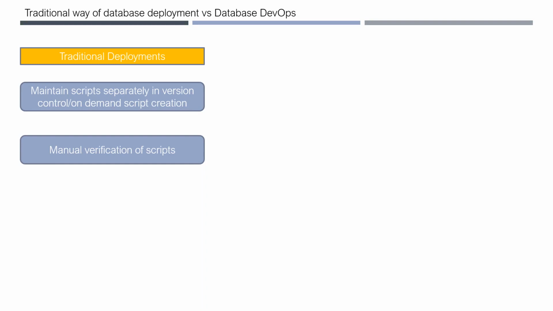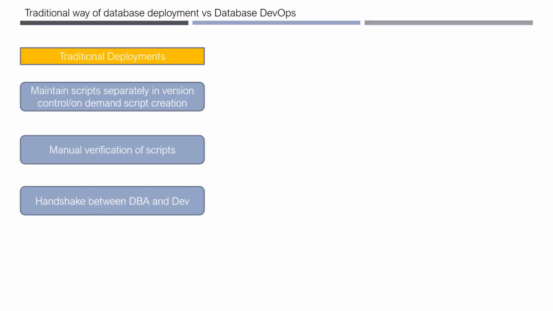Okay, these are the scripts. These are the objects that I have in my dev environment, and these are the scripts. Are you okay? Such kind of calls. And so that's what you are handshaking. Once it is ready, then everybody will be happy, and the DB guys will go ahead and deploy them to the different environments. And for every environment, you will have the same call, though you are having the same script.